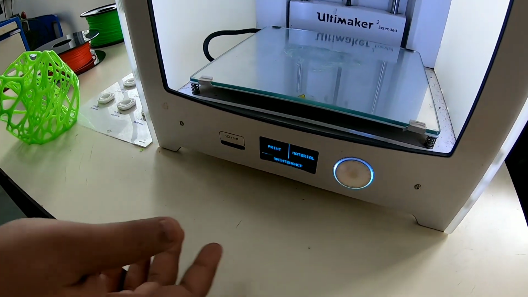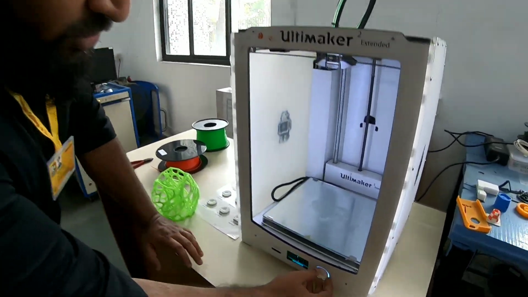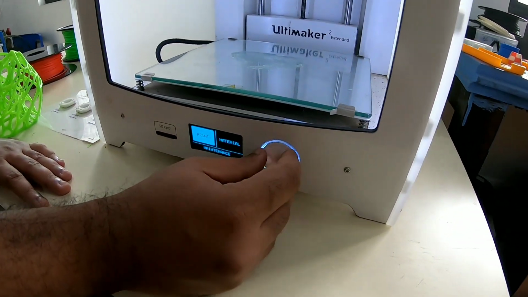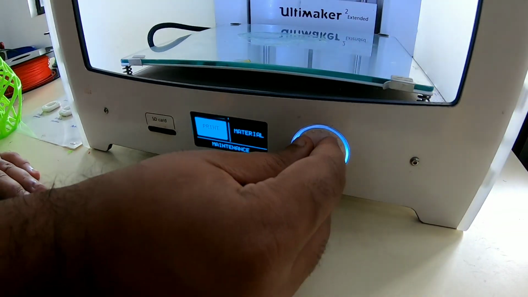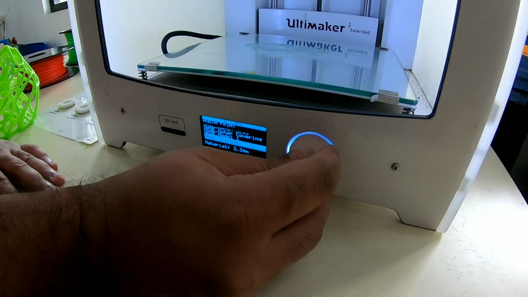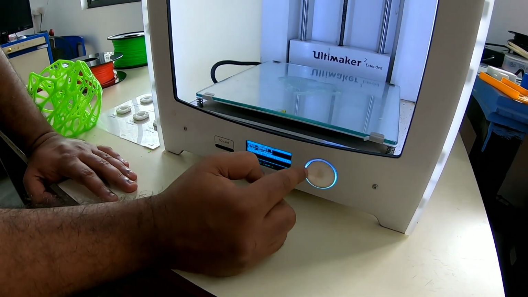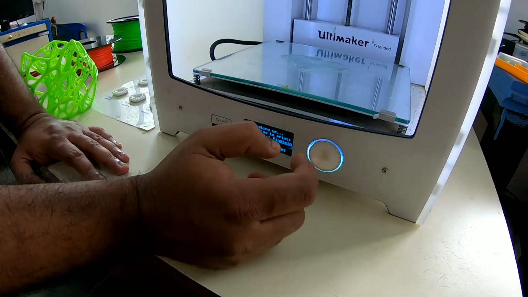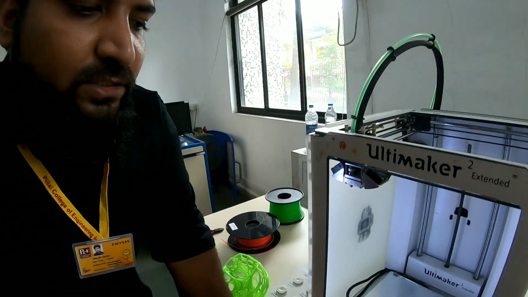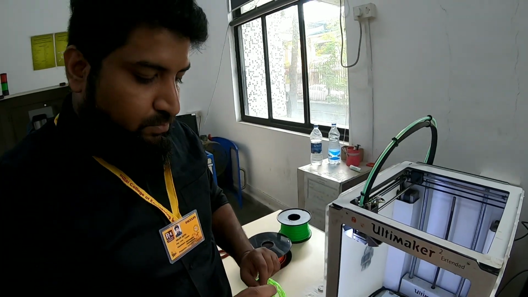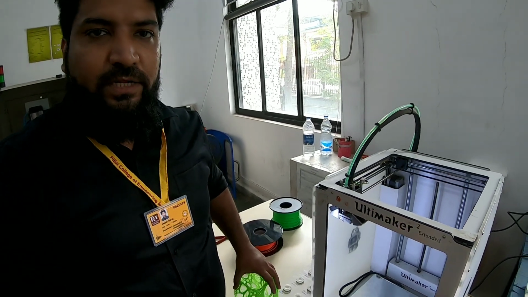Different printers have different options. Somebody has USB to plug in, somebody has SD card. So if you go into this material selection, you can change the material from this selection. If you want to print, just go to the print and select your model name. So the Albert Einstein model which we prepared, you will just click and it will start automatically. There is not too much complication in handling this machine. Just put your SD card, click your button, and your production will start.